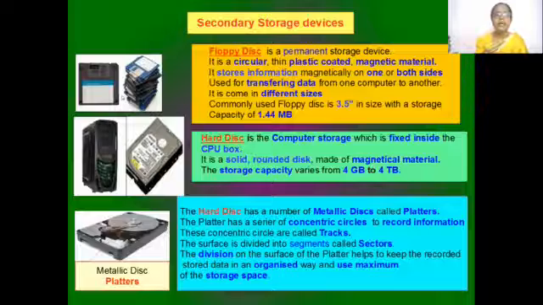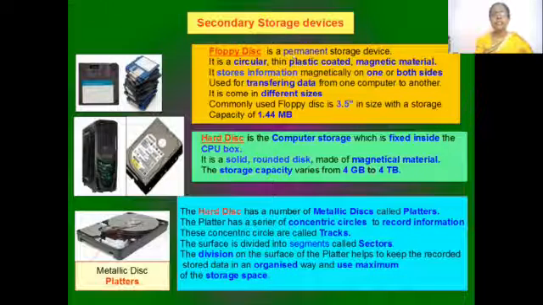This floppy disk is just a small thing. It's like a small card. It's 3.5 inches in size, and it can just store 1.44 MB. That's somewhere around 200 to 300 pages or maybe more. So this is the memory capacity, which is 1.44 megabytes. Let's read about the floppy disk.